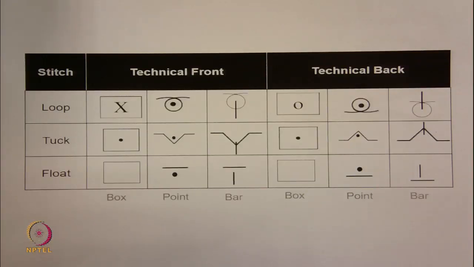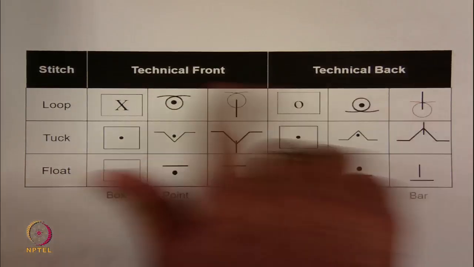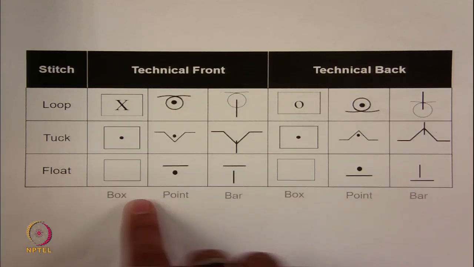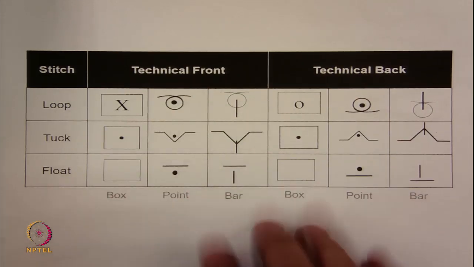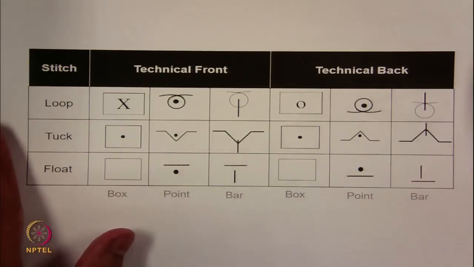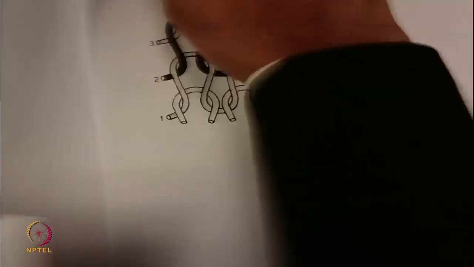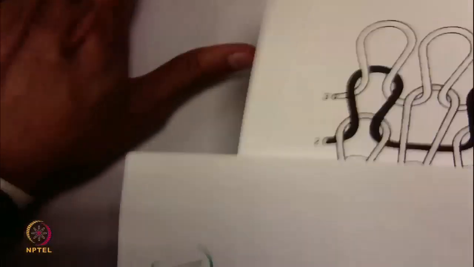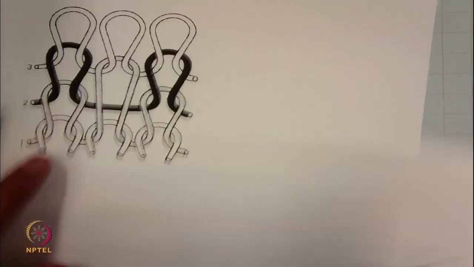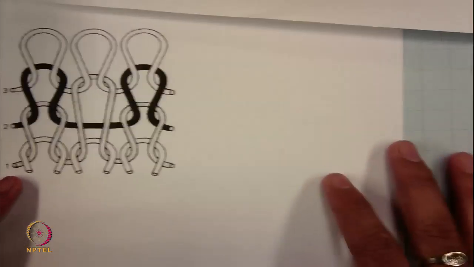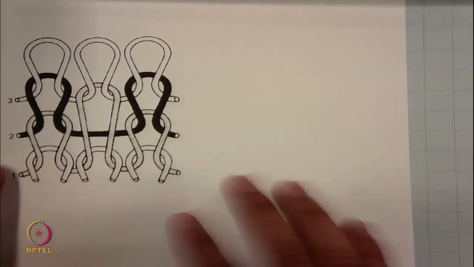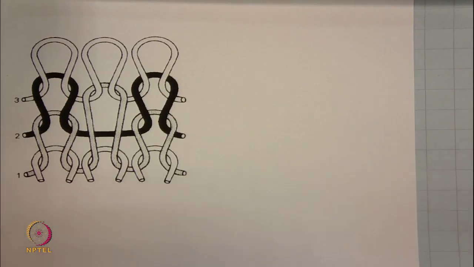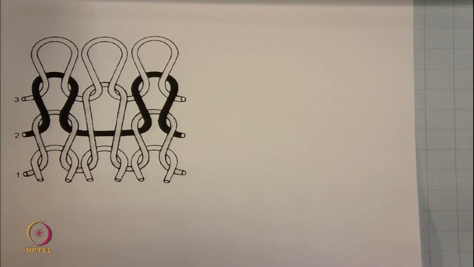Before we start, once again I am saying you need to learn all of these symbols. We can follow any one of these symbols for representing that fabric. So, let's see the first fabric which I am having. So, this is the fabric you can see. So, to represent this particular fabric, we have to follow certain steps.